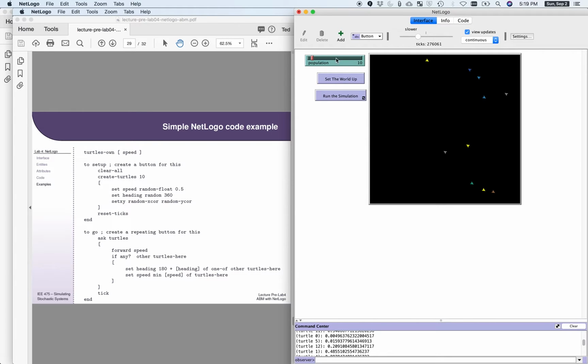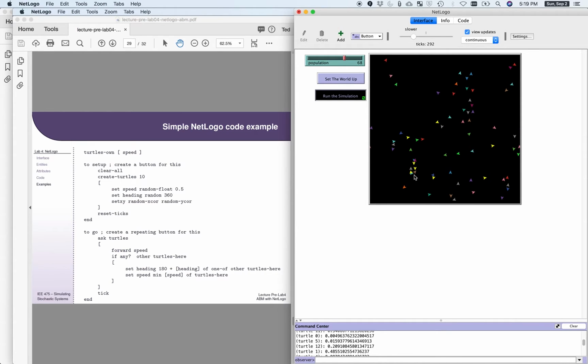And so if I wanted to make sure it's working, I might crank my population up, set the world up, leave it at this slow speed, and run the sim. And if you look closely, maybe I'll have to slow it down even farther to see this. So now I've got them running really slow. There's a bunch of these interactions, like right here,